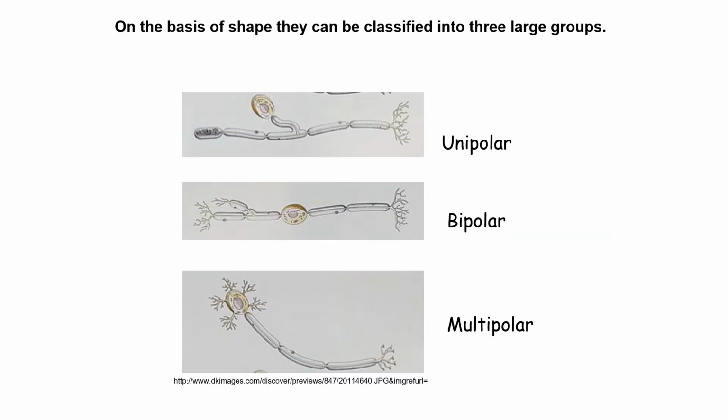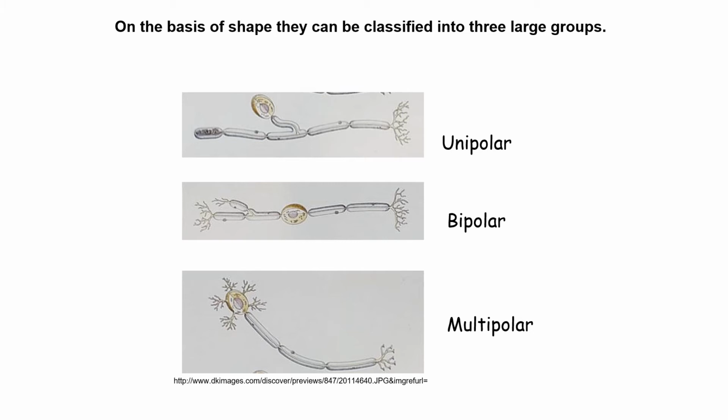Now, in this slide, we're going to look at a few different types of neurons. What you will immediately see is that what we are calling a multipolar neuron closely corresponds to what we saw in the previous slide. A multipolar neuron typically has multiple projections coming out of the cell body, some of them dendrites, and there is one large axon coming out of the cell body. This helps communicate signals from one neuron to another.